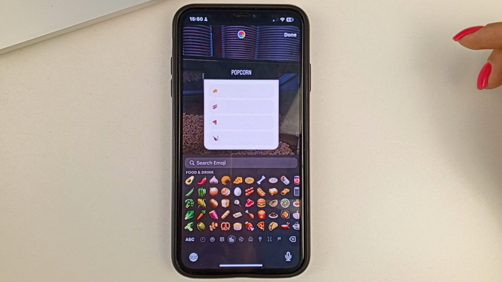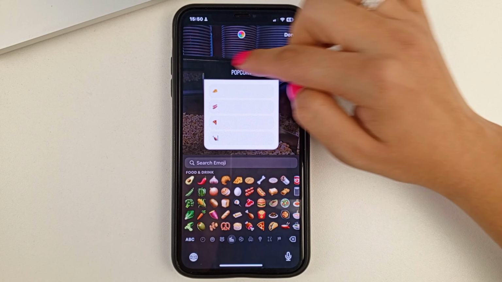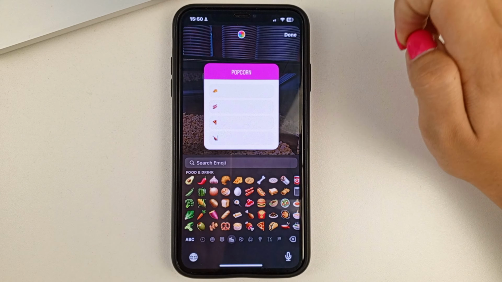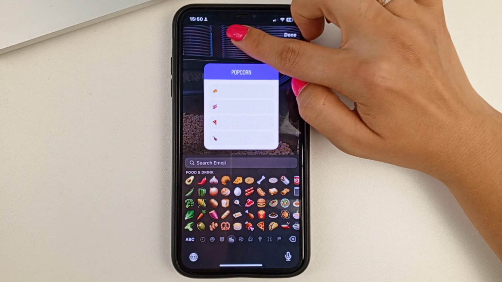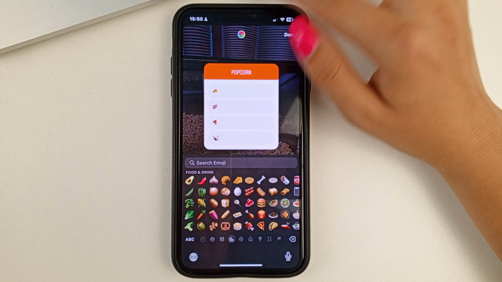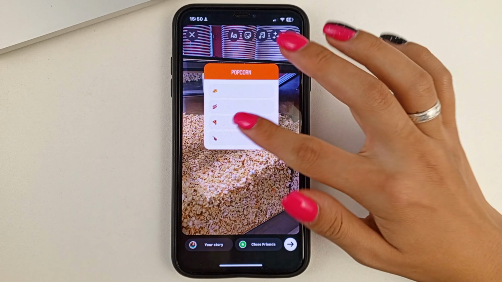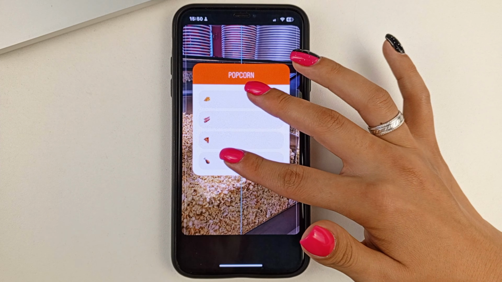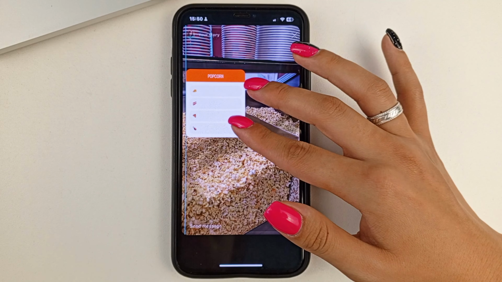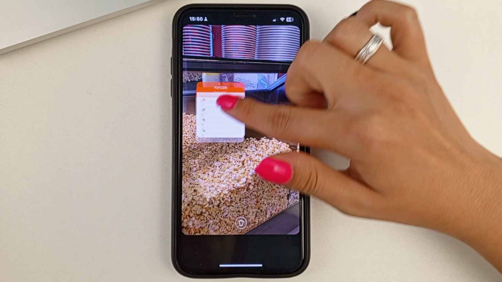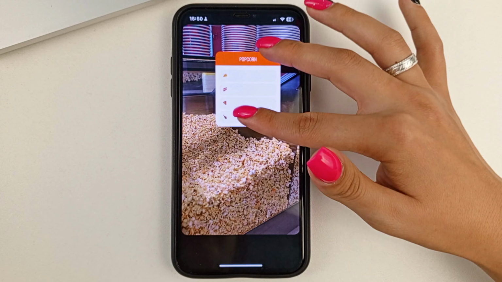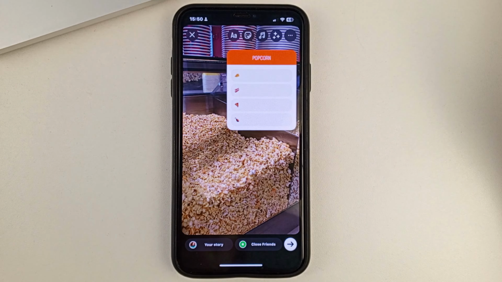And now friends, you can also change the color. To do that, at the top, click here on the palette, and as you can see, the color of your survey will change. Then click Done. Now your survey can be kind of full screen. You can zoom in, zoom out, move it to any part of the screen on the story. Choose absolutely any option you want. Then you can also add geolocation, music, and so on to make your story even more interesting.